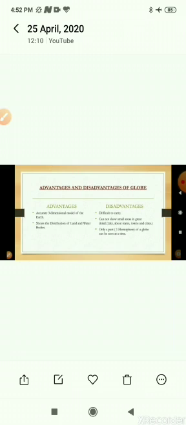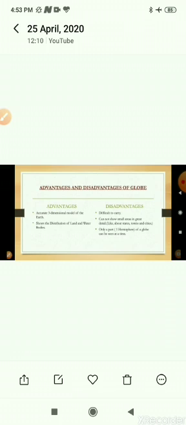Understand? Now disadvantages. It is difficult to carry. If you want to carry it, you cannot, because it is round in shape. It cannot show small areas in great detail. You have just seen the globe. In the globe you can see the land part and the water part, but you cannot see cities, towns, states. That's why it is not useful.